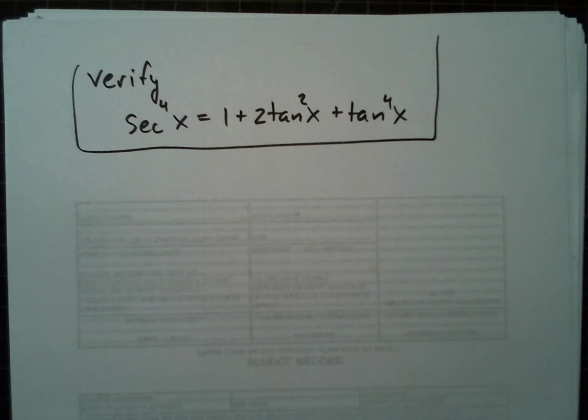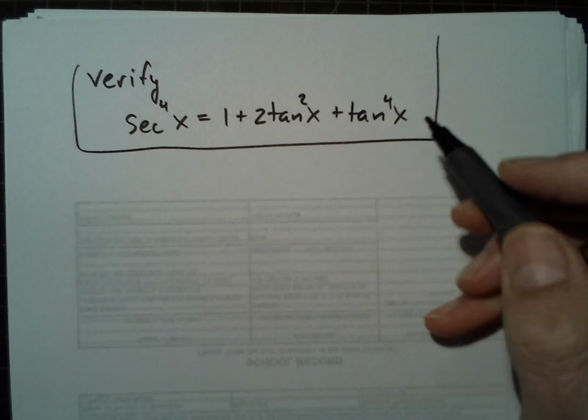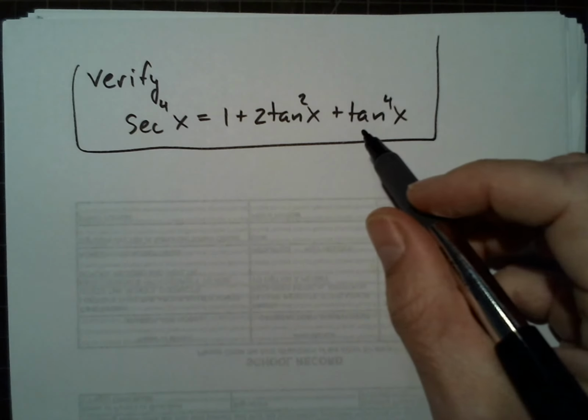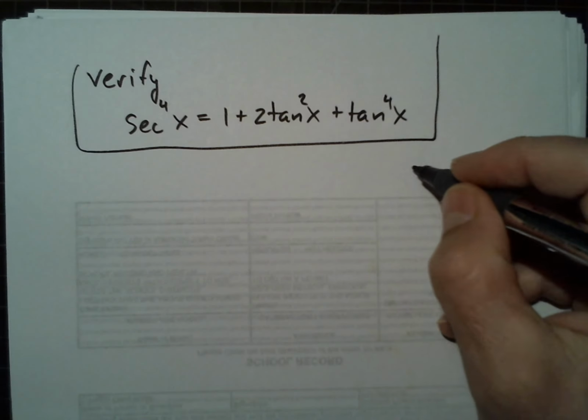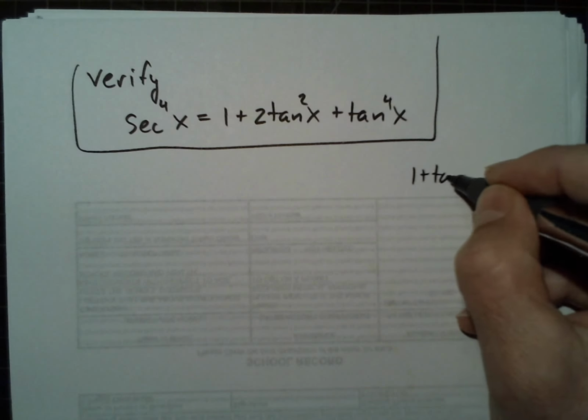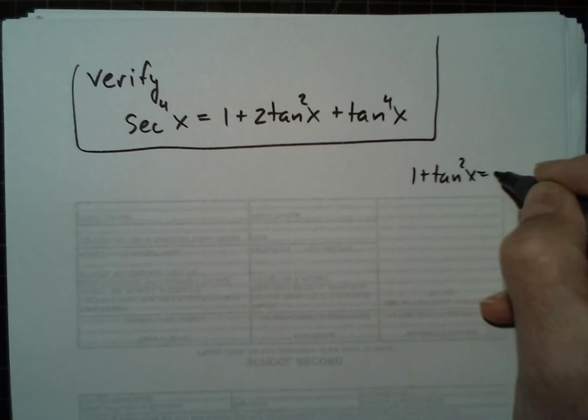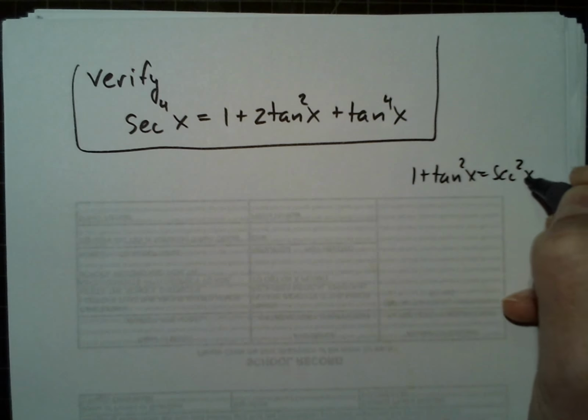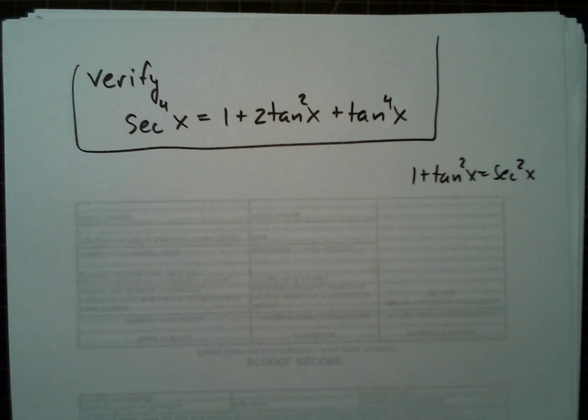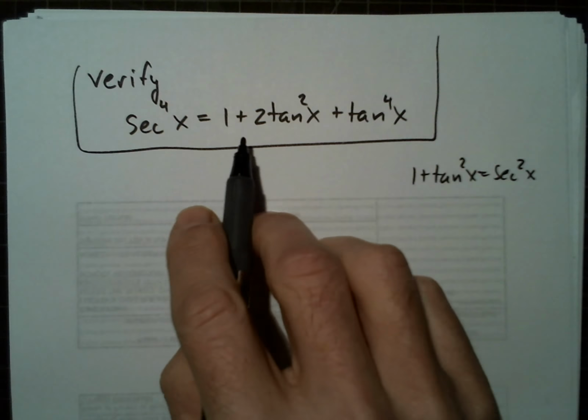So let's work on the right side. Since it's larger, we can make it smaller to look like the left side. And pause the video, try that one. So again, we're looking at tangent and secant, so let's consider 1 plus tan squared equals secant squared. And that's probably the only one we're going to need. Here we have,